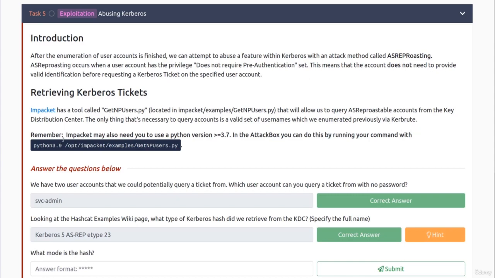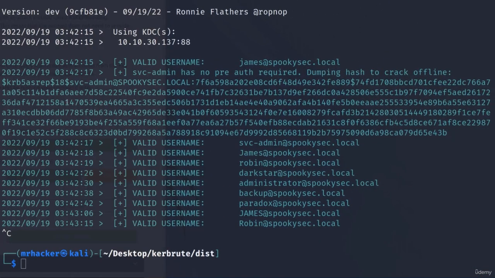The only thing that's necessary to query accounts is a valid set of usernames, which we enumerated previously via Kerberos. Here it gives us a note that Impacket may also need us to use a Python version above 3.7, and since I already have that, that's good for me. We can proceed to the questions. So we have two user accounts that we could potentially query a ticket from. Which user account can you query a ticket from with no password? And the answer here is SVC-admin, since we got the hash for it,